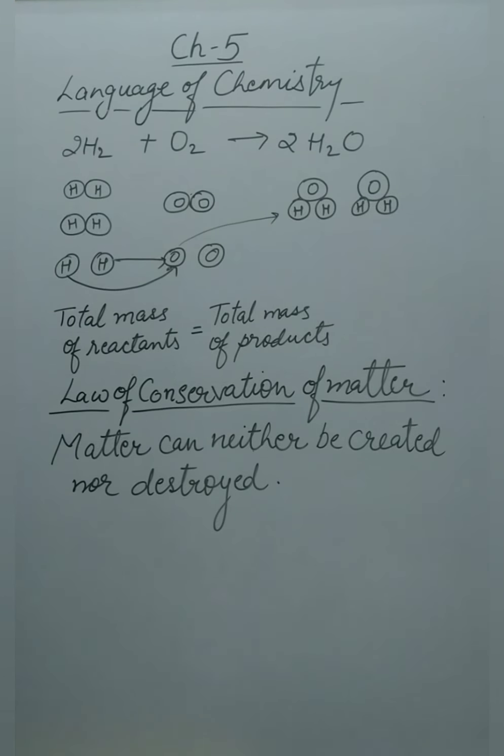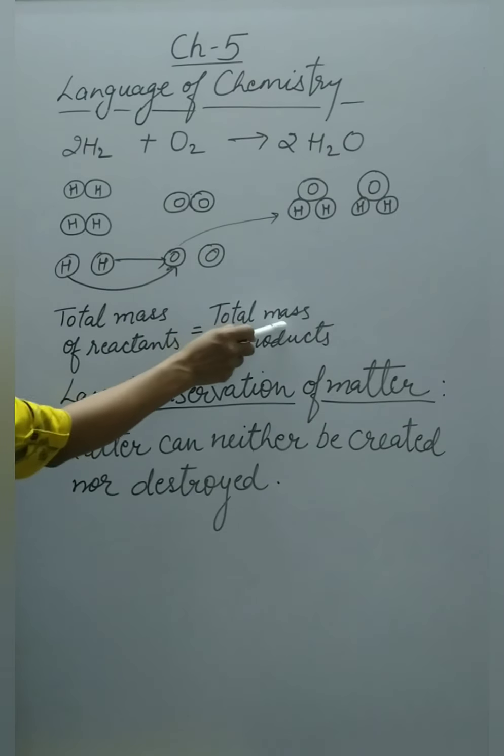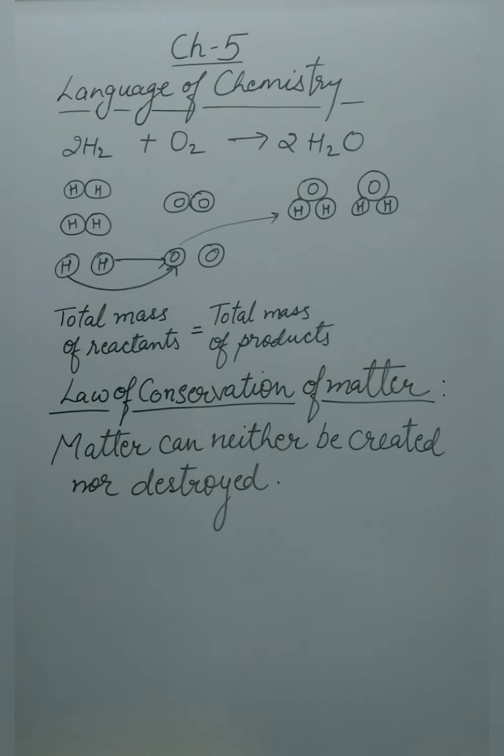So here we can see that during the chemical reaction, no new element is being created. Only the substances are undergoing rearrangement of atoms. Old bonds between the atoms are broken and new bonds between the atoms are formed. During studies it was found that the total mass of reactants is equal to the total mass of products. This is practically possible only when the number of atoms of each kind is the same on the reactant side as well as on the product side.